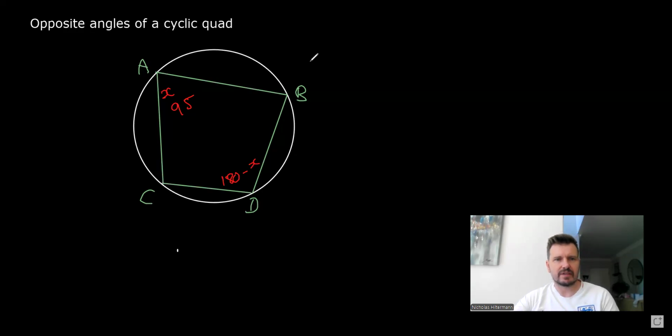So we can then say D equals 180 minus 95, which equals 85 degrees. And our reason is,